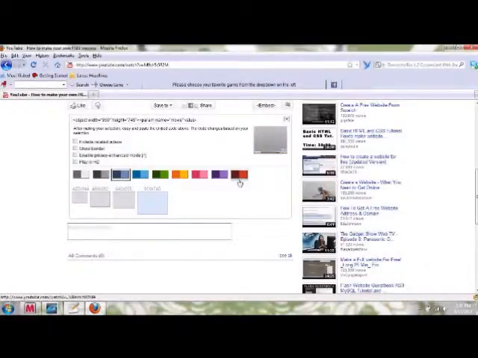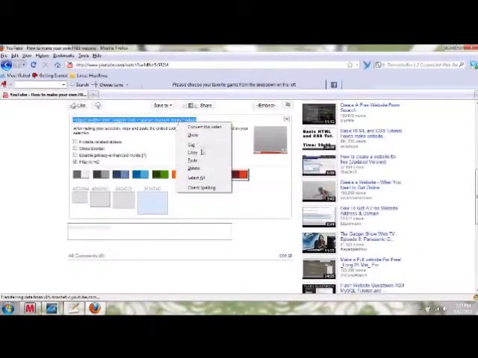As you can see, when I change these, it changes there. And then you'll choose the resolution of the video. And then you'll just copy this code. Oh, and you can also include related videos, and you can have it be played in HD. So you'll just copy the code,